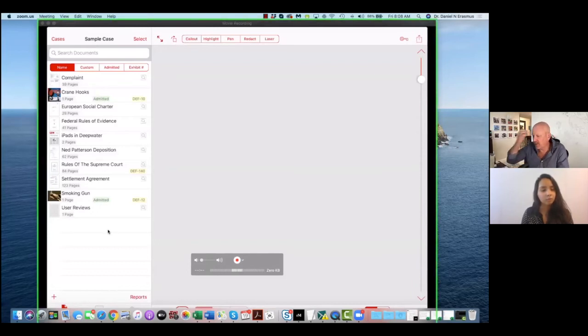Typically, when you connect your iPad to your computer, you go to your iTunes connection and it will pick up TrialPad. That's where you dump your documents in PDF format under the TrialPad folder, and it will automatically upload them into TrialPad, and then you take them into the name of the file or the case that you've called, which in this case is sample case.